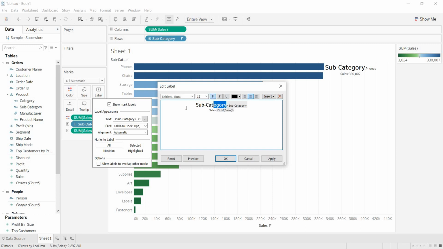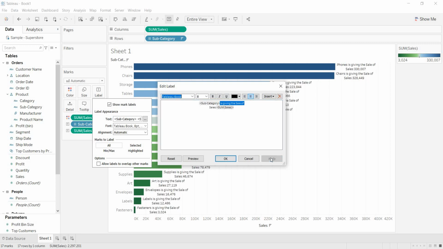Even what I'm doing here is taking it off. Subcategory is giving the sale of. So this is a static message I am giving here. Now how will the label come? See, phones is giving the sale of.